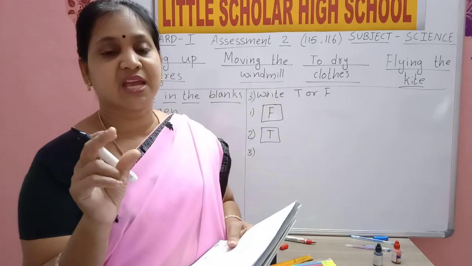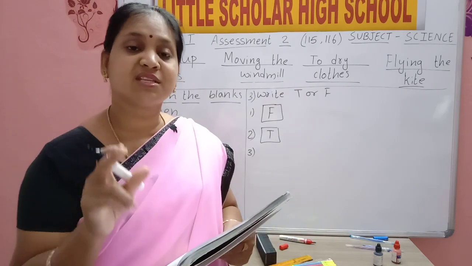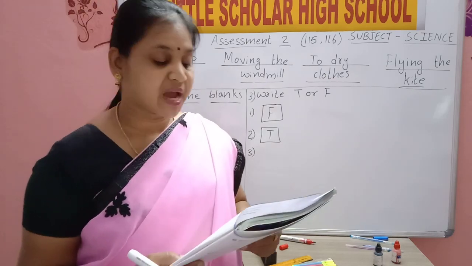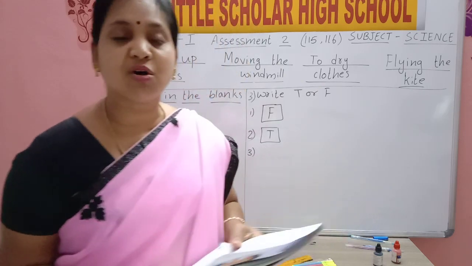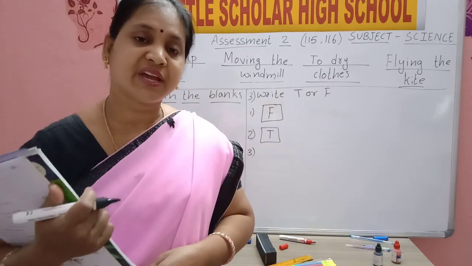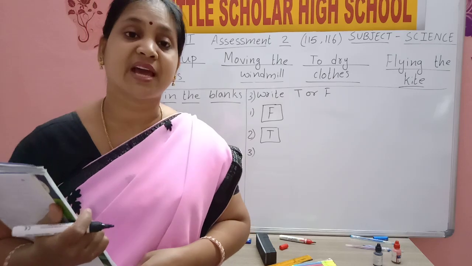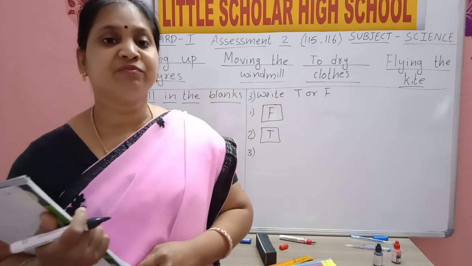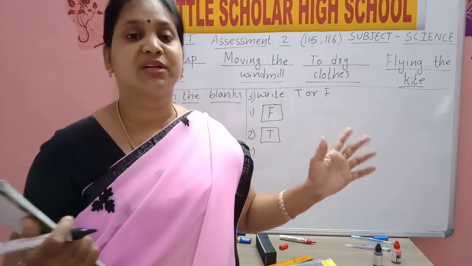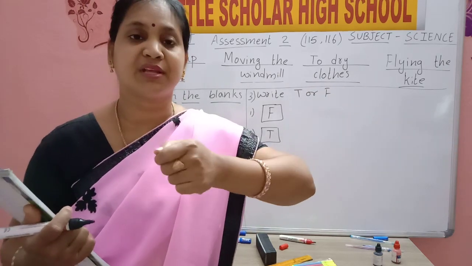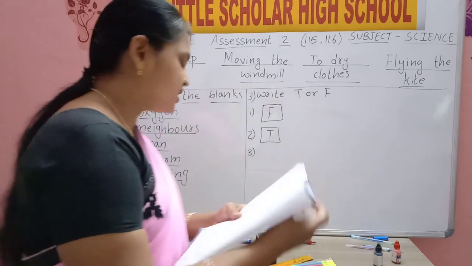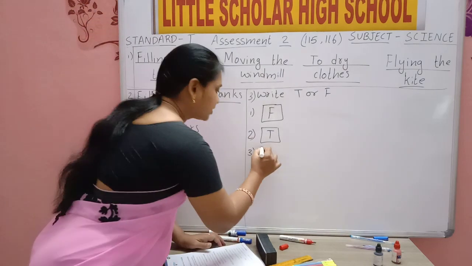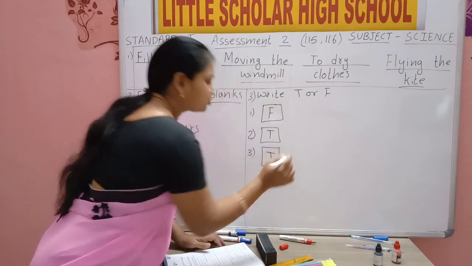Yes, when I am reading the spelling, you should be able to read the word. A fireman uses water to put out fire. Yes, to put out fire we need water. If any place catches fire, we call the fire engine. The fire people come with one big tank full of water and they pour water on the fire so that it will go off. Yes, a fireman uses water to put out fire. Yes, true. If the sentence is yes, then it is true.